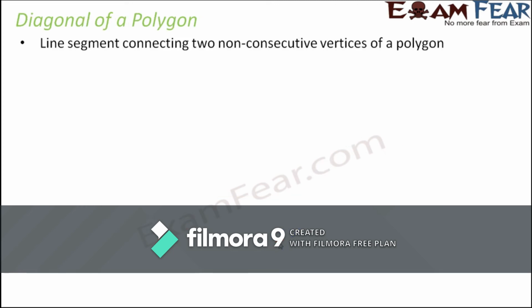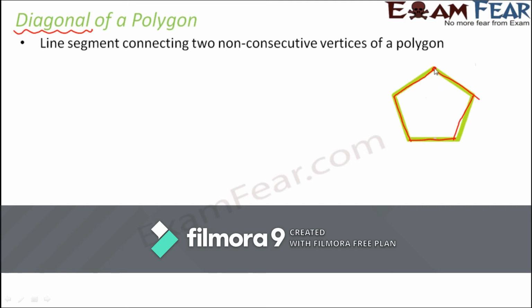In terms of a polygon, every polygon has a very important parameter which is called a diagonal. Now, what is a diagonal of a polygon? It is a line segment that connects two non-consecutive vertices of a polygon. When we talk about a polygon, we talk about its sides, that is the line segments which make the polygon. For example, in this polygon, this is one line segment, this is the second, third, fourth and fifth, and these five line segments together form the polygon.